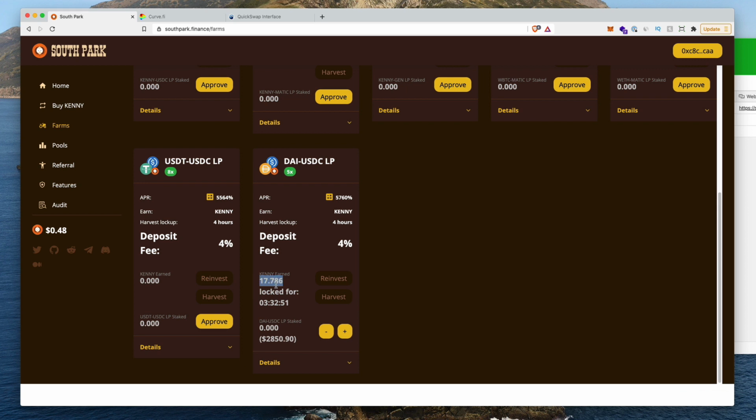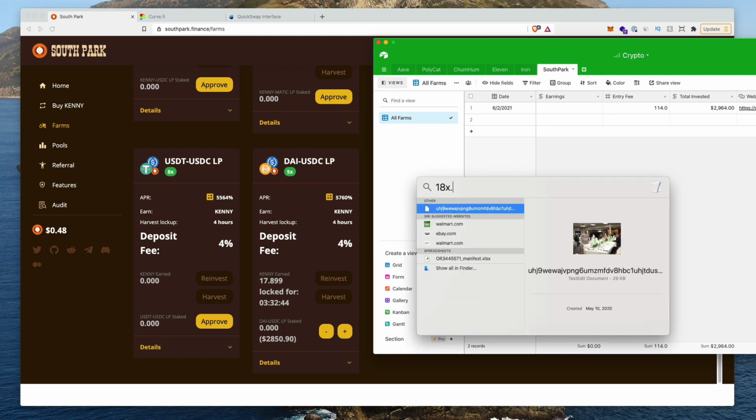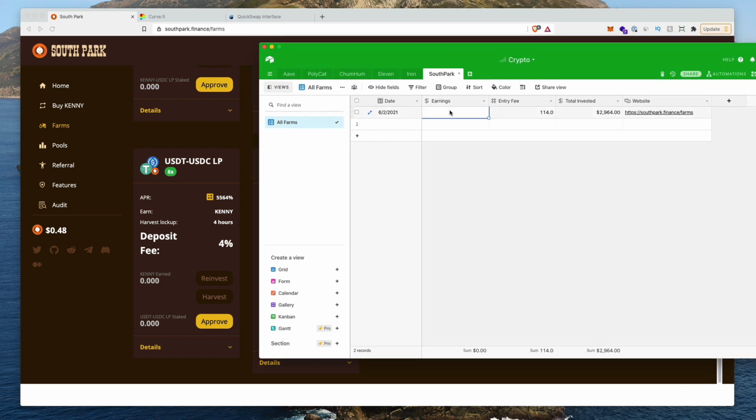So for example, if I sold these 17 tokens, let's just call it 18, if I sold 18 tokens at the 48 price mark, you can see that's $8. So when I go and actually sell the tokens, I'm going to write it down here, $8. And then let's say in another 8 hours, I'm probably going to make like $30, and so on. Make sure you're keeping track of how much you're earning and